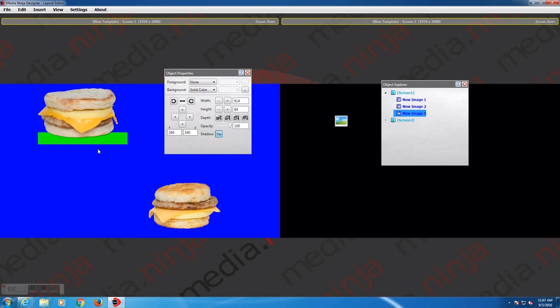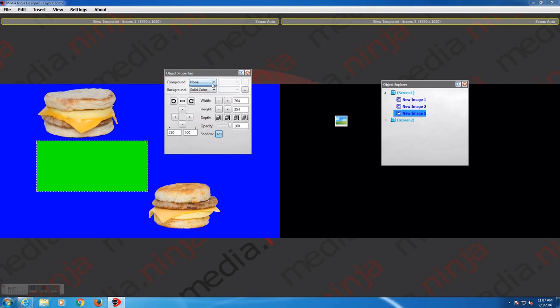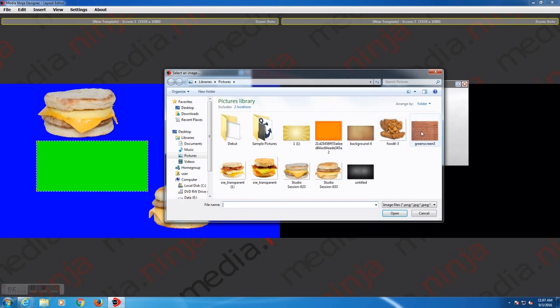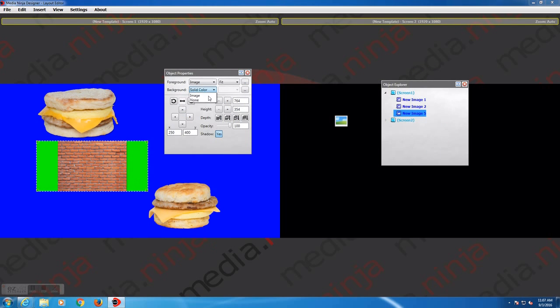So that's covering the basic properties of an image. As we start to build menus, we're going to get into some more advanced techniques on how to use this. For example, just quickly, one of the things that I like to do, I'll go ahead and switch this to an image, and we're going to put a background on here. Then we're going to change this to none, and I'm going to stretch this. So if I was using this image as my background,